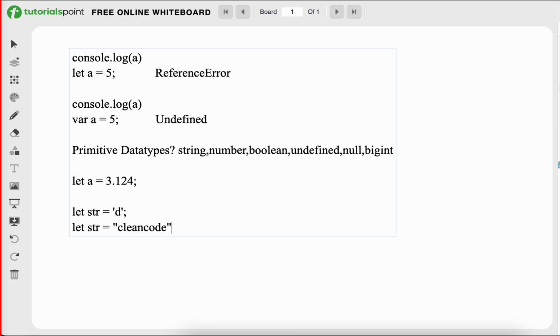So both are correct. Okay, what about Kaustubh? Correct, sir.